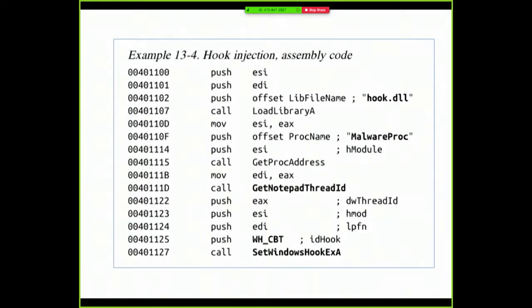So here it finds the file name of hook.dll. Here it gets the handle to that process with GetProcAddress. Then it gets the handle to Notepad, and then it sets a hook based on the CBT method, so that when my malware sends a CBT event to Notepad, Notepad will load that DLL. So now I can load an extra DLL into Notepad,